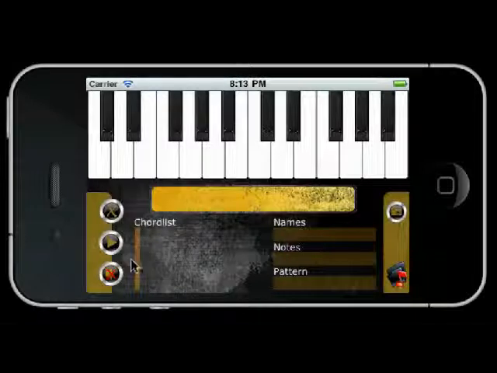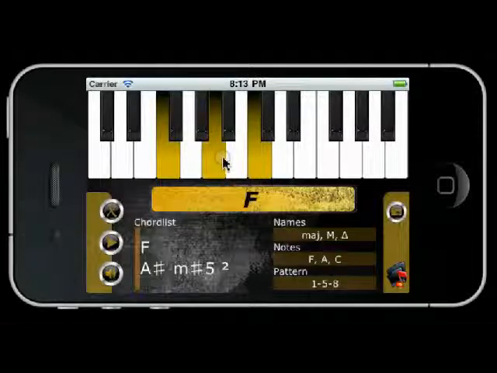Okay, now we have only these 4 buttons left over, and this one is just to clear the screen. So you could do that manually by just clicking again, but the easiest way is just clear it. This one will play the chord, and you will play it as an arpeggio, so every tone by itself to make it a bit more